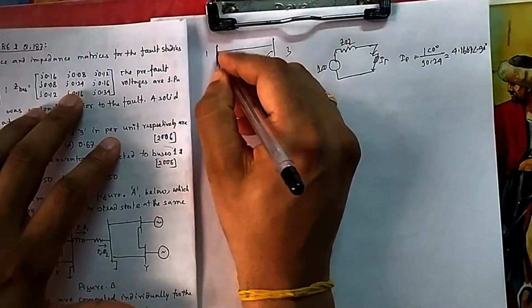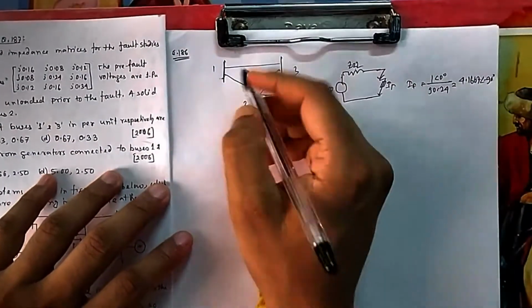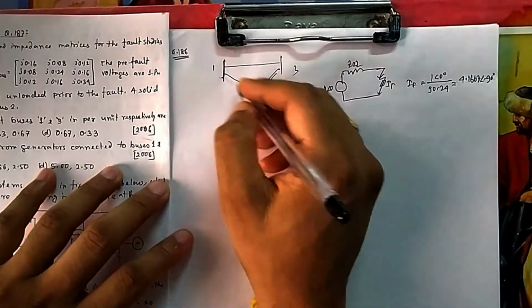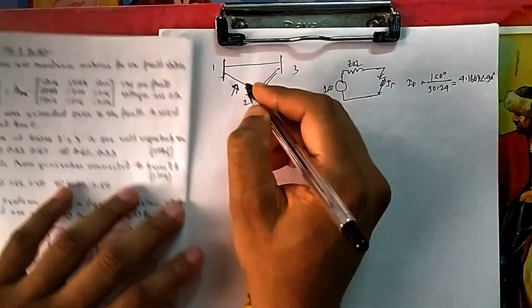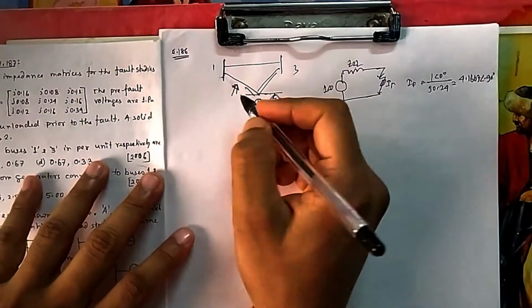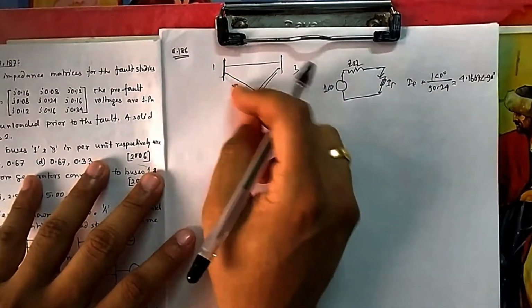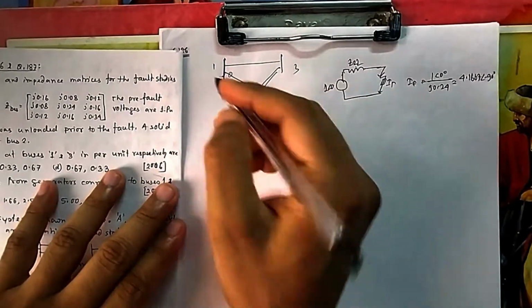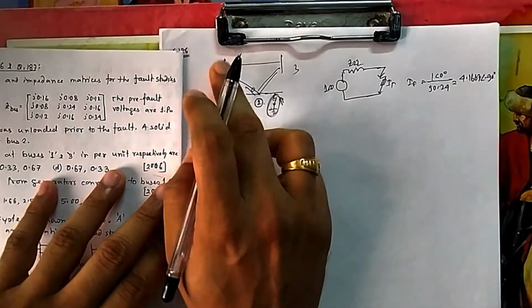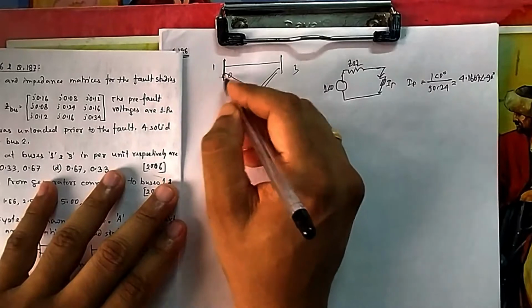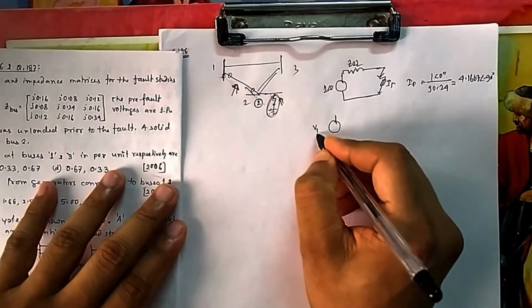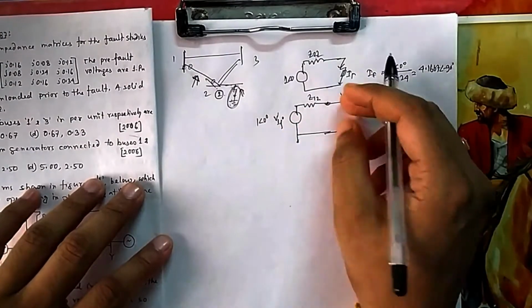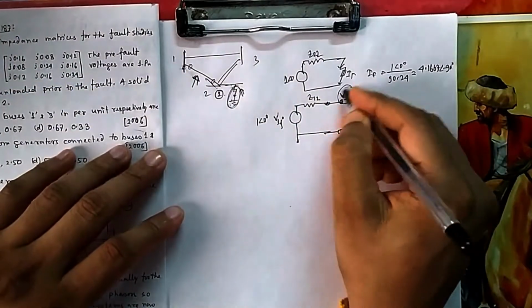But what they have asked is the voltage of this bus after the fault; pre-fault it is 1. Because the current will be flowing through this branch, since the fault is here, you look from this side again. Z12 is again something of this fashion, and you can remember it in this way. Suppose you are looking from this side, what is the Thevenin's voltage across this? You open this, and you can think of Z12, and the pre-fault voltage is 1. This voltage is 1, and because this is already grounded, this is 0. So this was your pre-fault voltage, this is your Thevenin's voltage. Whatever voltage comes here if you connect this, that is the voltage they are asking.